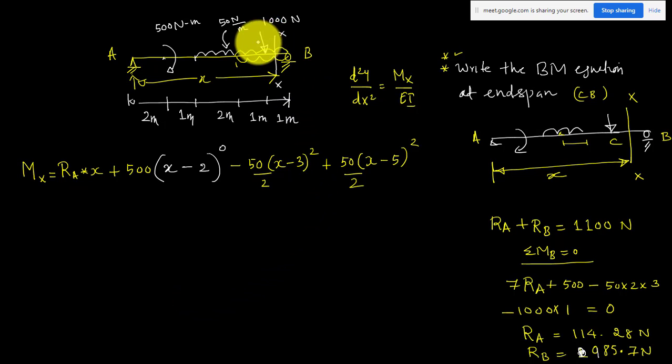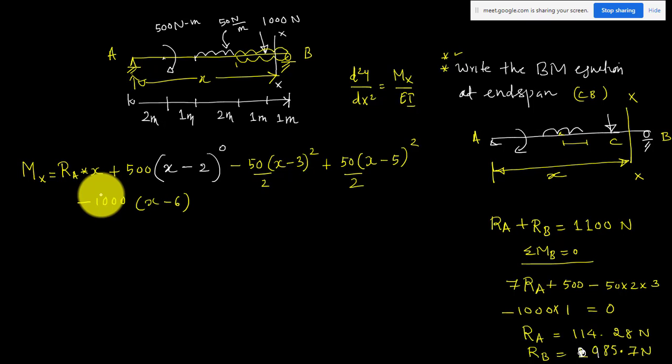The another term I have is the moment at this section due to this concentrated load 1000. So that will create a negative moment, anti-clockwise, of 1000 into, so what is the distance? This is acting at a distance of 2 plus 3, 6 meter, into (x minus 6). Okay, now you have completed your moment equation. It is the equation for your moment.